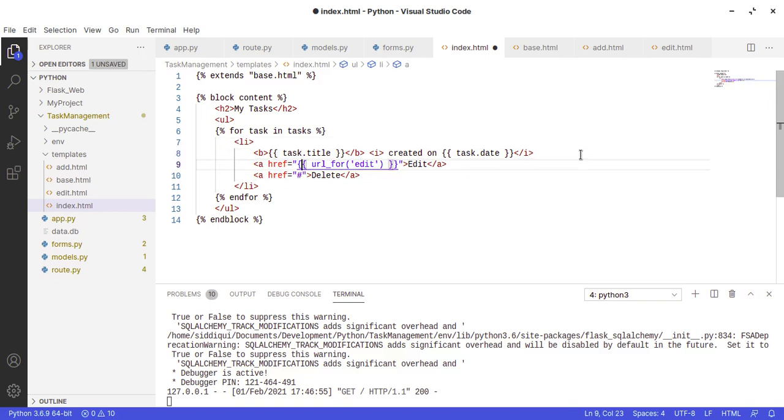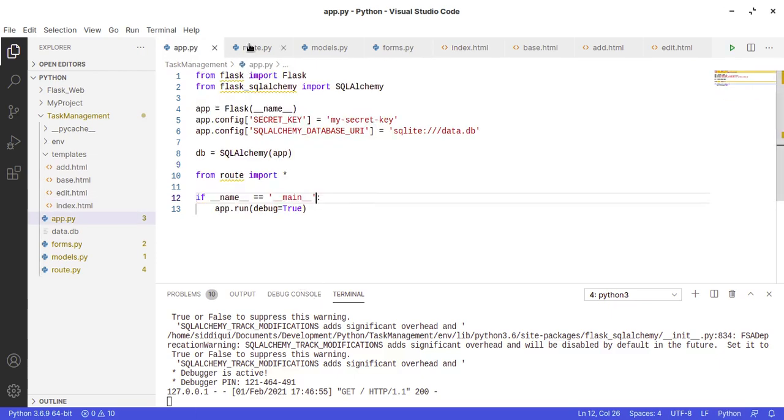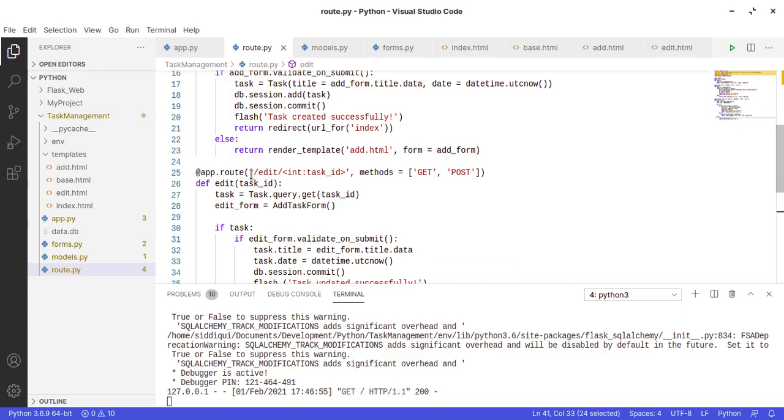Now, another thing is, because url_for, we have a variable there for task, right? So we have to pass that variable as well from here. So how we can do it is we have to create task_id equals task.id. Because we are using the ID in the method, we have to pass the ID as well with the name and the parameter.